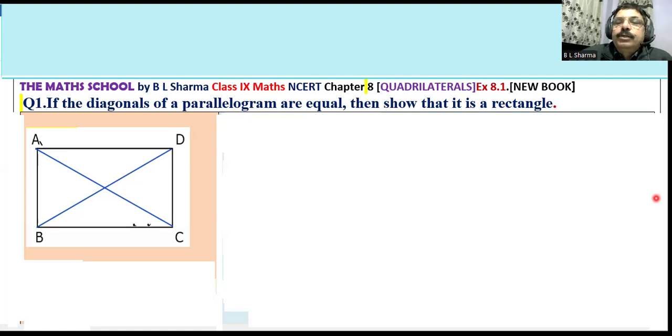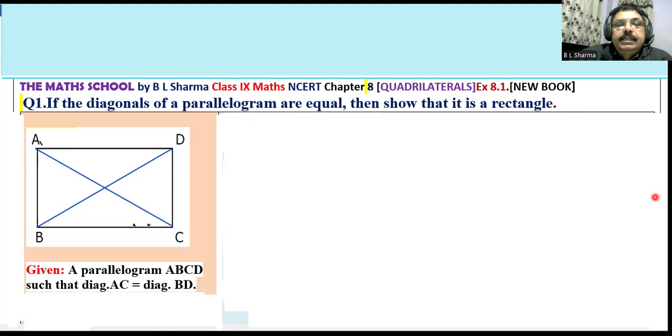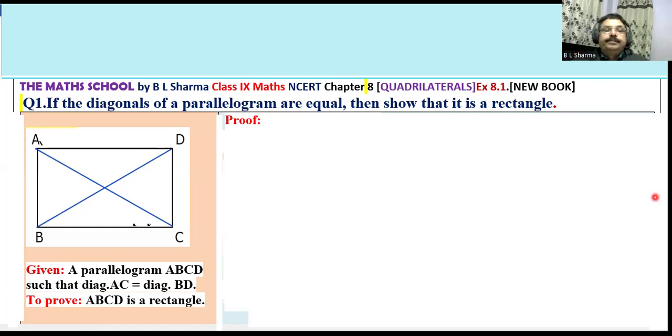So we have to write what is given. A parallelogram ABCD such that diagonal AC is equal to diagonal BD. And we have to prove that ABCD is a rectangle. Rectangle हमें prove करना है. How to prove? See,